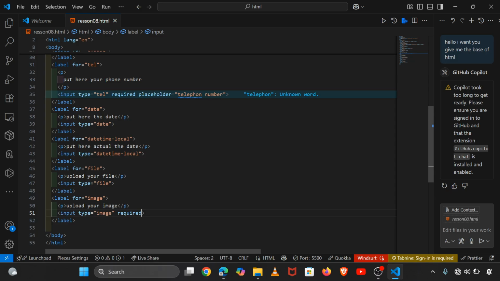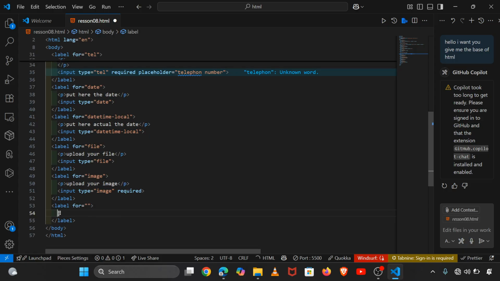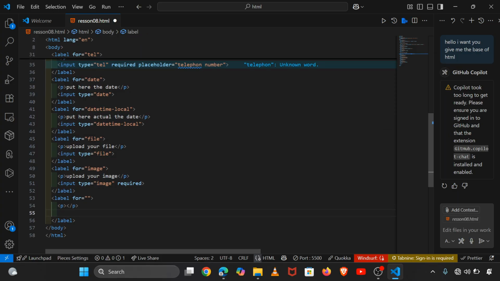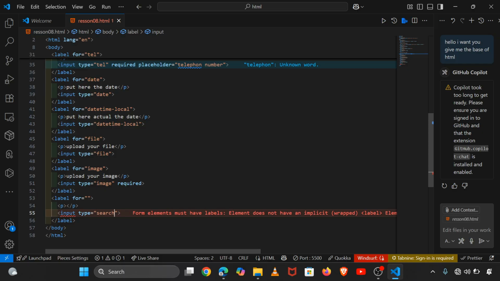Again, you come here and create another label. You label for something, and again you come here, you create a p tag, a p element, and you put something there. You first check inside the input if there is something that we can put there, and then when you type a quotation mark, they show you image, hidden, math, number, password, radio, range, search, and you put search there, and here they tell you,